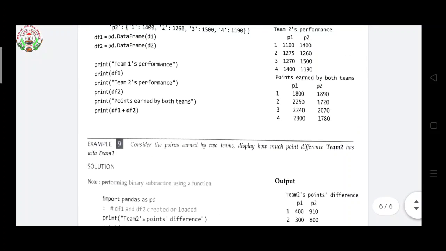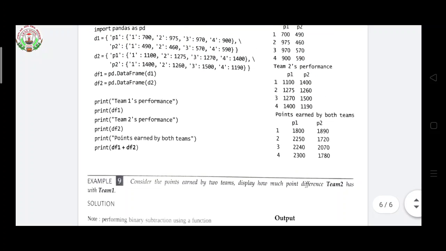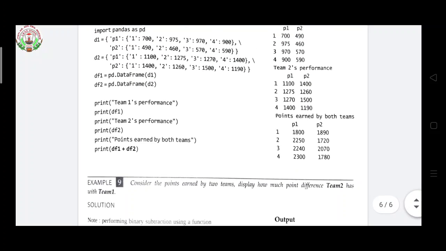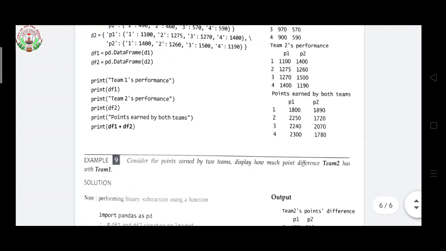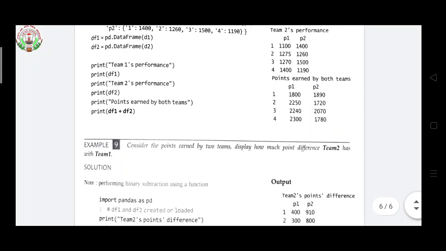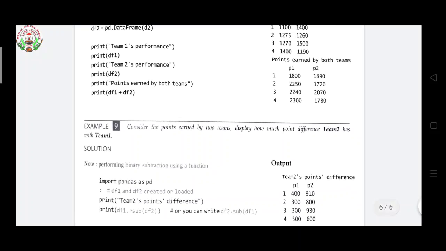So you are getting team 2 point differences, how much difference there is. So df1 is subtracted from df2, meaning the df1 value is subtracted from df2 and the rest of the value you are getting. This much is the difference between points of the first team.